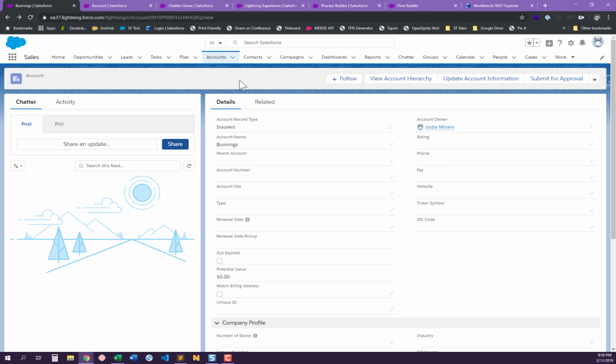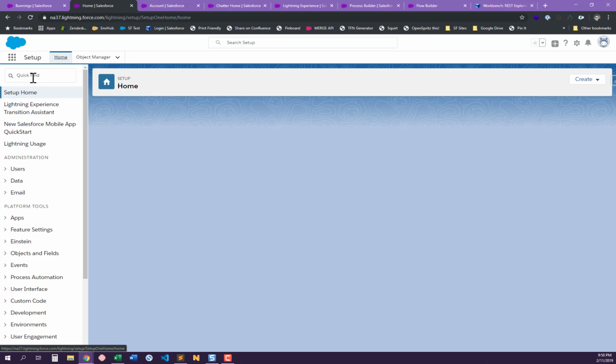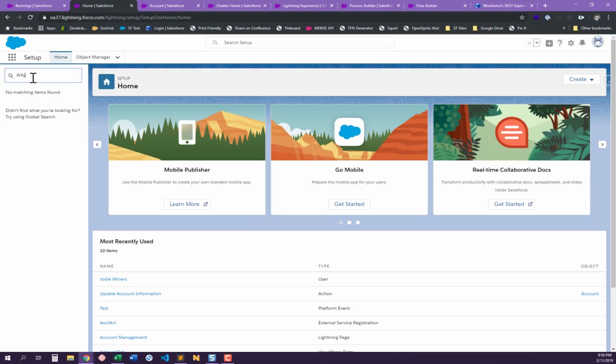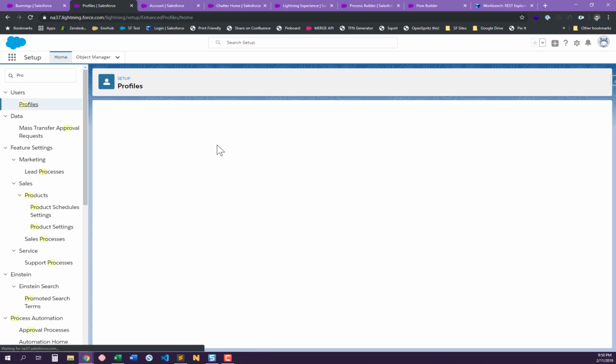Okay, so I'm going to pause here now, and I'm going to log in as a non-system administrator user. Now, just clarifying, as a system administrator user, I have done nothing to permissions or nothing to anything. But what I believe is that, and I'm going to do it now, is on my profile, and again, you can do it on permission sets if you want. So my profile for standard user,